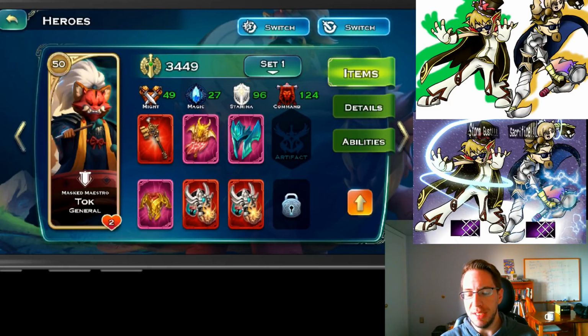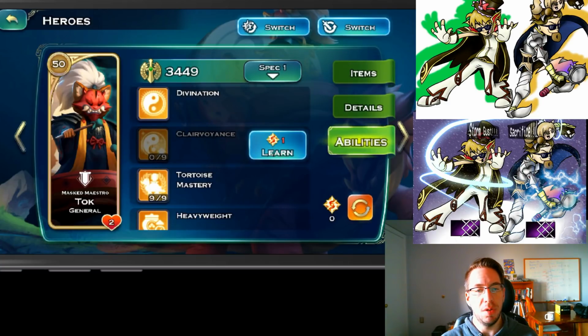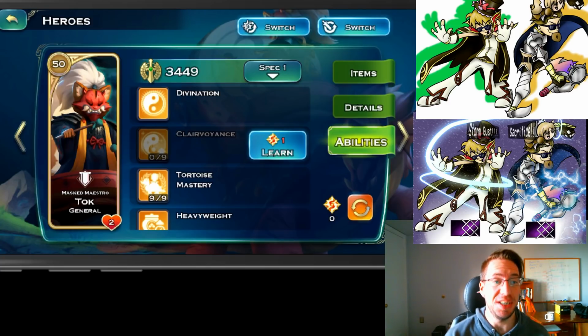When it comes to his abilities, there's a few different paths that you can take. As you'll see, mine is very specific to troop buff and extending the turtle duration. But let's look at all of the skills. First, we have